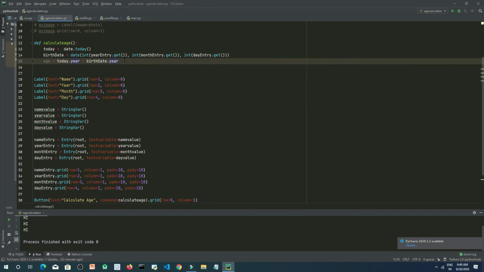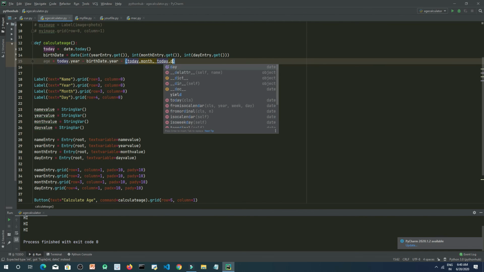Then we need to subtract the month and date, so we will subtract today dot month and today dot day.